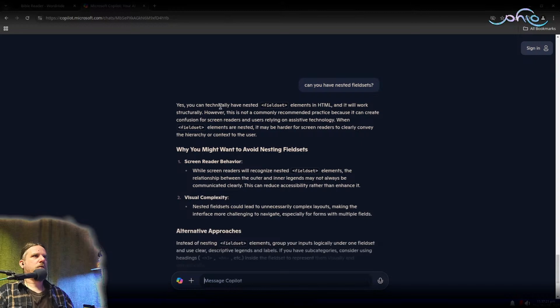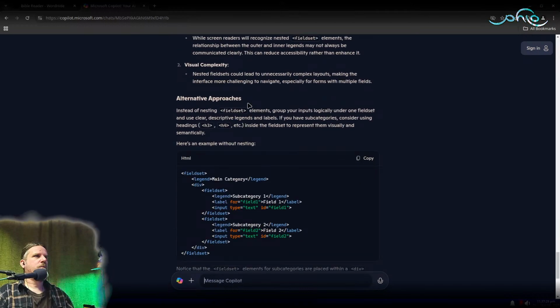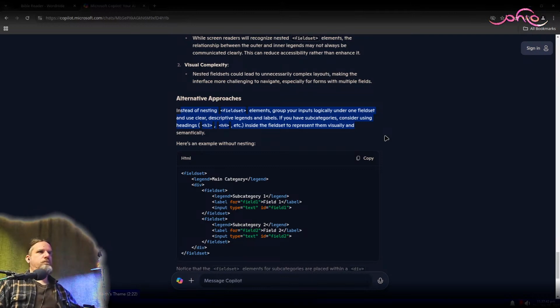Technically, it will work structurally, however, this is not commonly recommended. Okay. What? Here's an example without nesting, and it literally has nesting.